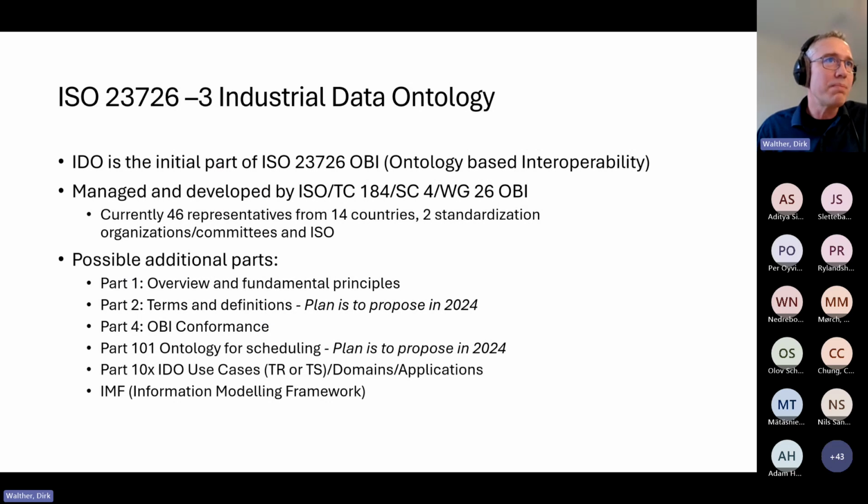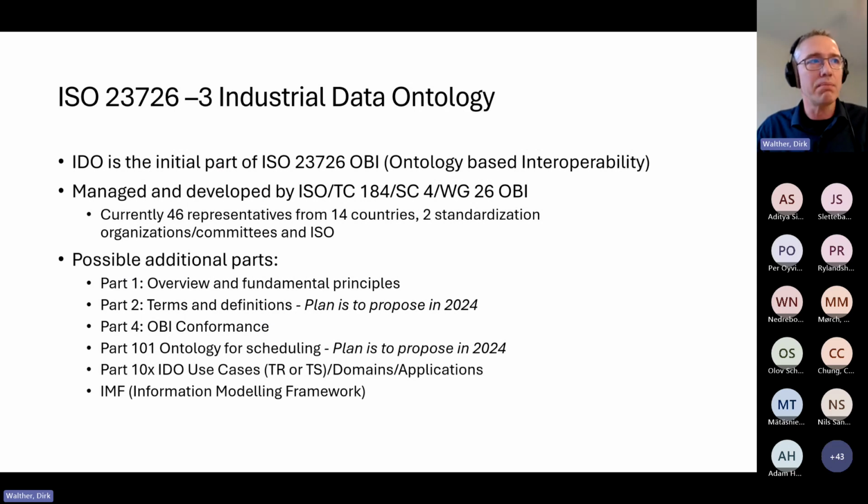IDO is the initial part of this new ontology-based interoperability standard, multi-part standard. But of course, it is not part 1, it is part 3. Part 1 is going to be on an overview and providing fundamental principles. Part 2 will provide terms and definitions. Part 3 is IDO. And part 4 will be on conformance to the standard.